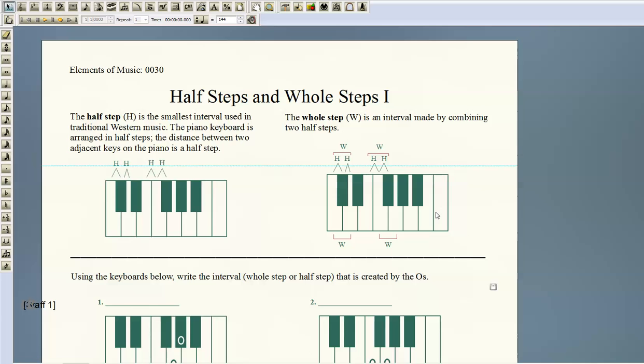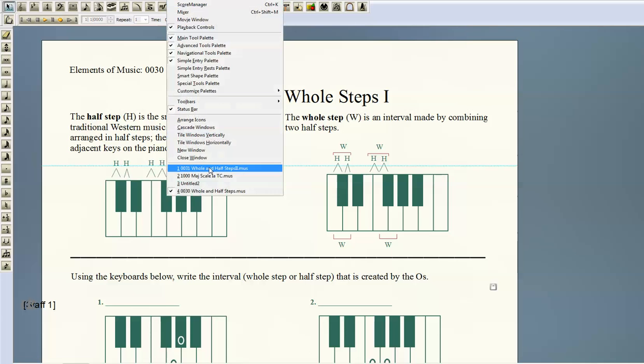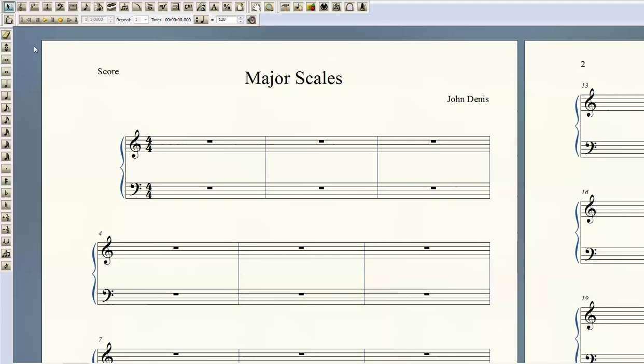And we talked about sharps and flats last time. So just real quick to refresh our memory. A sharp makes the sound go up a half step. There's the original pitch. There's the sharp. Okay. A flat makes the pitch go down a half step, and it looks like a B. So there's the original pitch. There's the flat. There you go. So that's the difference between half steps and whole steps, both on a keyboard and in written